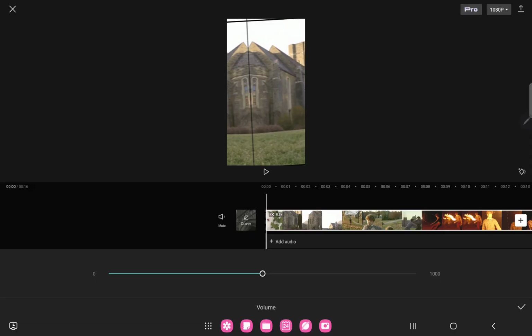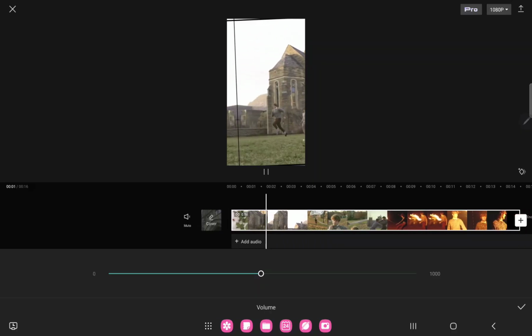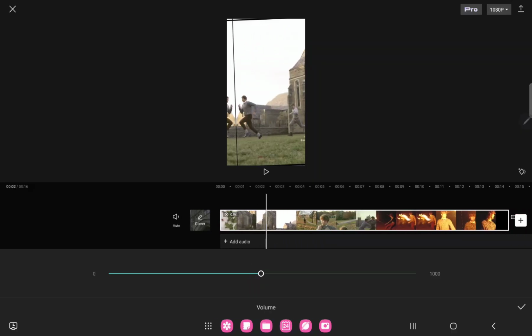Tap that, and here just click the circle and pull on the line, and you can set the strength of the volume. And if you finish, click the OK button at the lower right corner of the